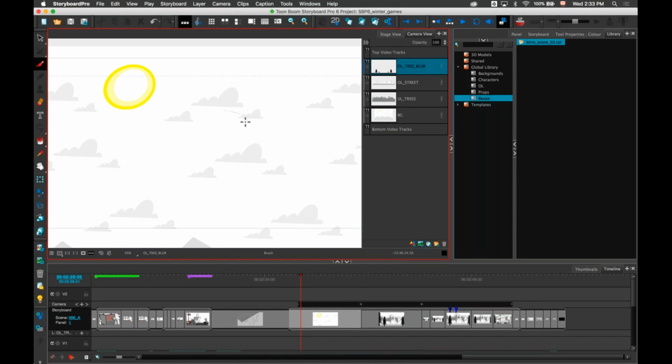This is also a great way to, let's say you want to archive versions of your scene. So you're working on your scene, you're making modifications, and you want to preserve a copy of the scene as it is before you make a change. Some people will make a copy of the scene and move it to the end of their project. But now you can actually just create a template and bring it back later if you need to go back to that original version of the scene. So that's another great change we've made in this version of the software.